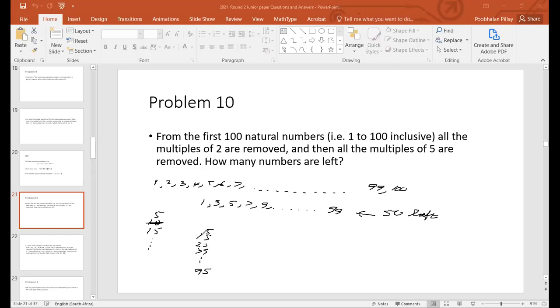We want to see how many more are removed. This thing is already doing the counting for you because you go 1, 2, 3 up to 9, and there's one more, so that makes 10. So there are 10 multiples of 5. You have to take those 10 away from those 50 odd numbers, and you're left with 40. That's the answer. How many numbers are left? So the first round, 50 are removed. The second round, 10 are removed. So altogether, you've got 60 removed from 100. So the answer is